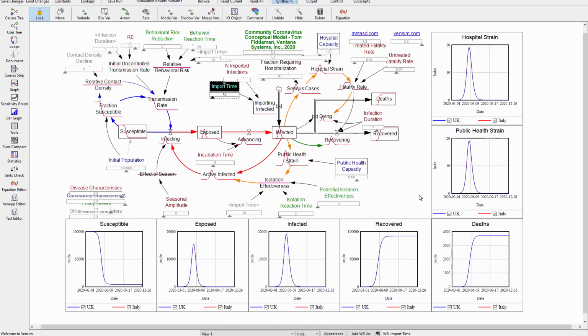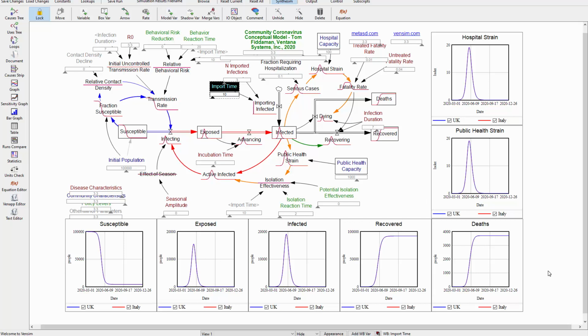So this is my model parameterized for Bozeman, Montana vaguely, but it really doesn't matter. The disease parameters are the same everywhere. The incubation time, the recovery time, the reproduction ratio or R0, those are all the same. Of course, there are some differences in the real world just due to different geography, different social behavior, and things like that. But those seem to be fairly minor with respect to coronavirus.